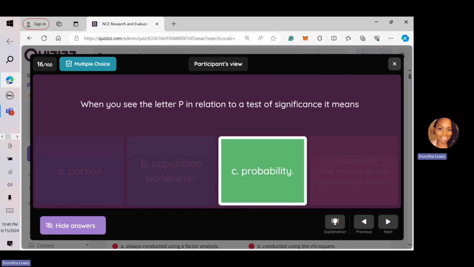Now, keep in mind, reliable is a little tricky, right? Just because it's reliable doesn't mean it's valid, right? Someone can do the whole standard procedure wrong and get the same results, right? For example, and it comes out the same way. So if someone else replicates that same test that was already done wrong the first time, then they're going to get the same reliable results and still not be valid either. Okay. But when you look at the P in relation to test of significance, it's the probability of error or chance factors that influence your dependent variable.